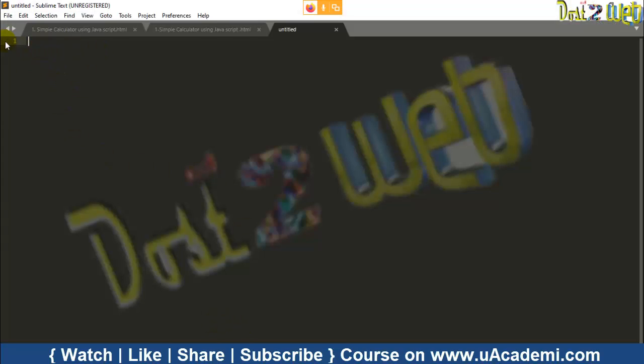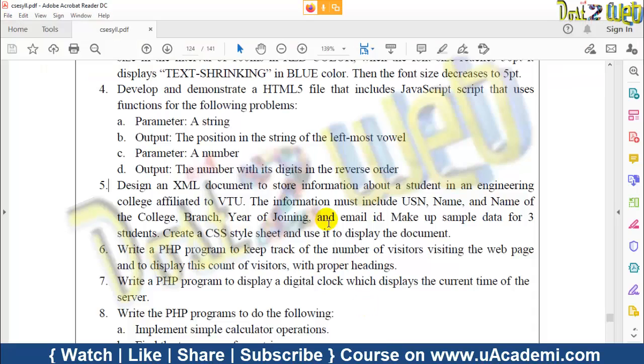Used here, Sublime Text, Notepad we have used, and there are several tools; Visual Studio you can also use. There are many things, as per your convenience. How you feel to write the code, it's up to you. So till program number 5 you can use any basic editor, there is no problem.